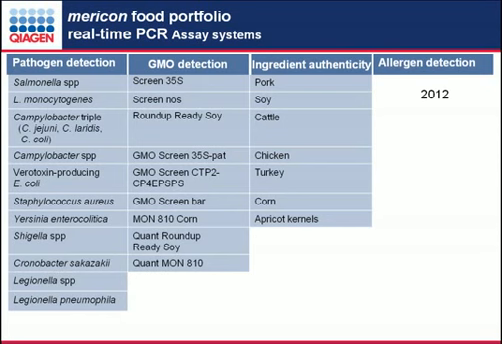There is a detection for verotoxin-producing E. coli. So this actually will assess stx1 and stx2, the 2 verotoxins in E. coli. We have a system for Staph aureus, Yersinia, Shigella species, Cronobacter sakazakii, Legionella, and Legionella pneumophila. So a wide variety of pathogen detection